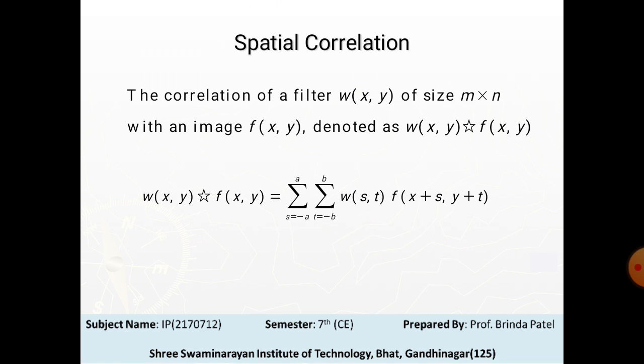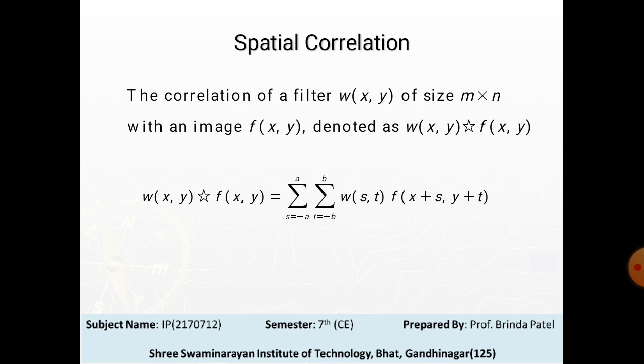The correlation of a filter w(x,y) of size m cross n with an image f(x,y), denoted w star f(x,y), is given by the equation listed here: w(x,y) star f(x,y) equals the sum for s equal to minus a to a and t equal to minus b to b of w(s,t) times f(x plus s, y plus t).